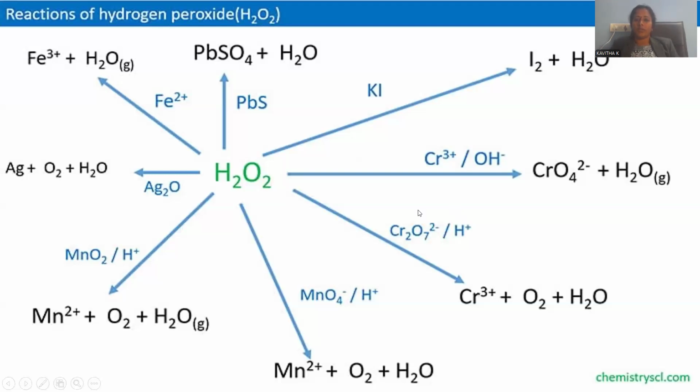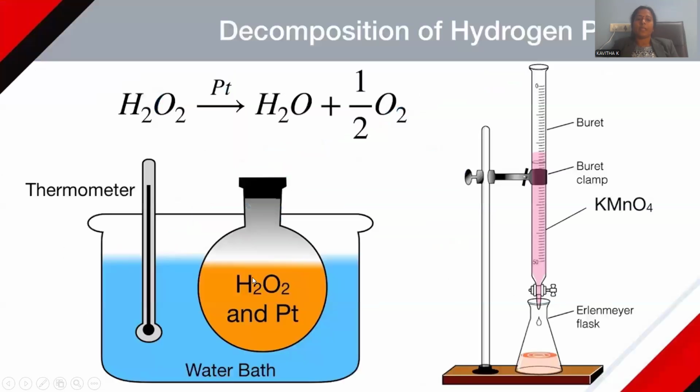Here is the assignment for the session. Those who are curious about this oxidation process or oxidizing agents, from these reactions, you have to segregate which reaction is oxidation, which reaction is reduction, and give justification for that kind of statement we are mentioning on this slide. This is the assignment I'm going to give you. Those who are watching, those who are curious about this chemistry, you can go for the segregation, and that can be posted in the comment box.